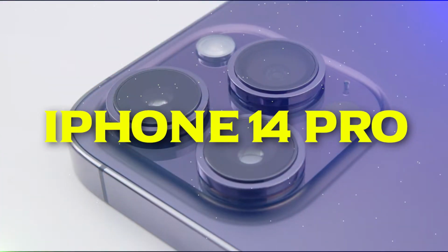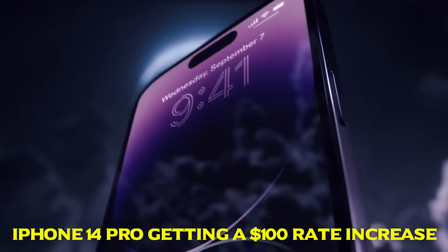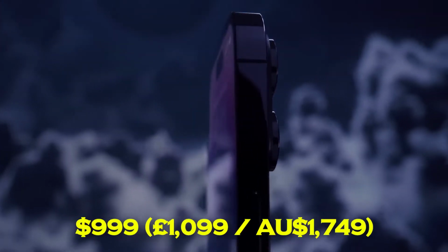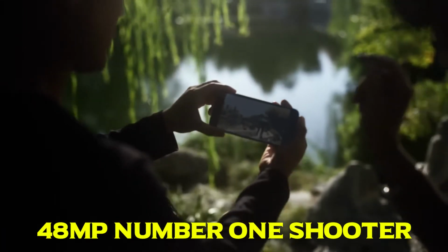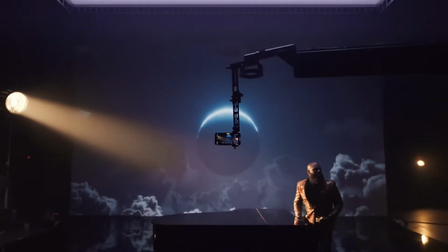iPhone 14 Pro. Easily the most vital news of the day is the fact that the iPhone 14 Pro is getting a $100 price increase. Instead, it may cost $999. That's very mind-blowing considering the 4nm A16 Bionic chipset that powers the phone and fast camera enhancements, including the 48-megapixel primary shooter. The notch is also replaced by a cutout called Dynamic Island that